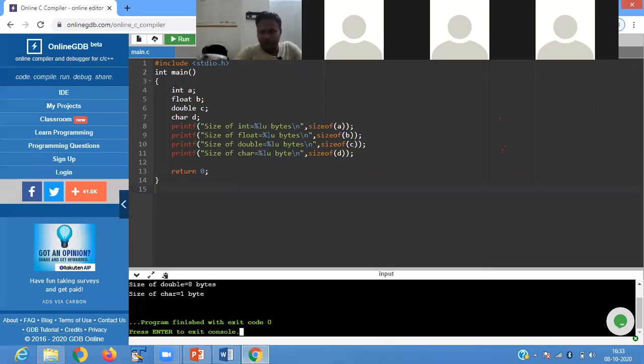So here it is showing you: int is 4 bytes, float is 4 bytes, double is 8 bytes, character is 1 byte. Earlier, in theory, we learned about the size of every data type. But now by using the programming language, we use this type attribute, and by using it we come to know the size of the data type that we are using.